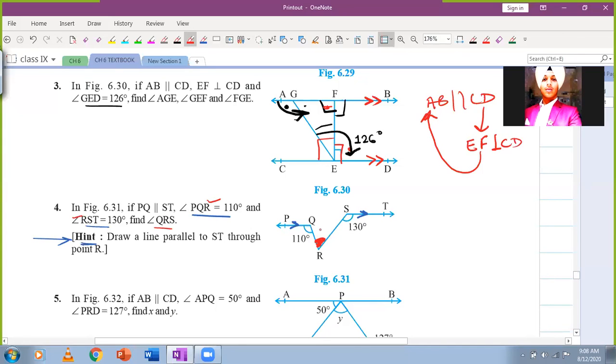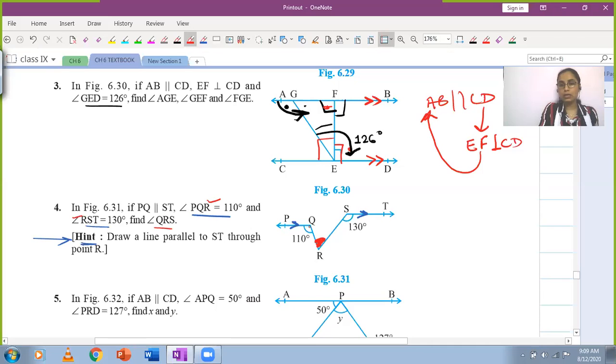So Rajvansh has already stated that we extend PQ. Usually for a ray the initial point is fixed, but right now we are going to extend PQ in the opposite direction. Although the ray QP can be extended towards P, we are going to extend it backwards. We're going to draw and extend it, and it will still be parallel to ST. Now this modifies our figure.